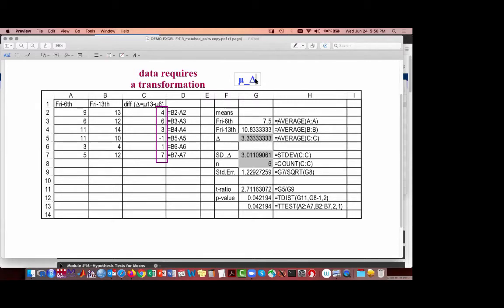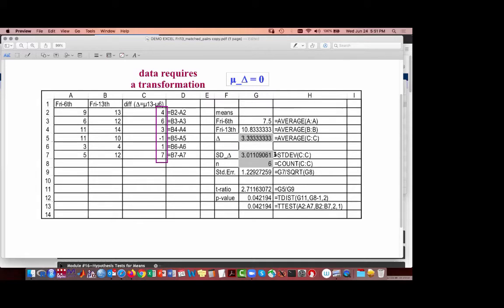So when I draw my curve, I have to draw it at the value 0. The null hypothesis is this, but I'm actually going to write it this way. If I take my observed average difference and subtract 0, that doesn't really do anything. So I'm quite literally just going to take this value and divide it by the standard error.